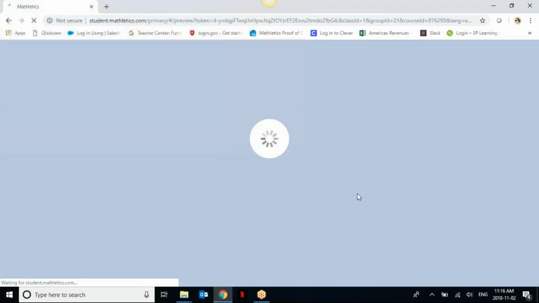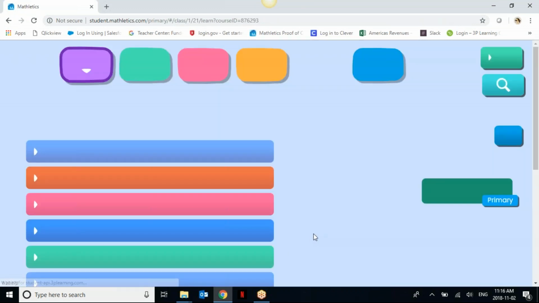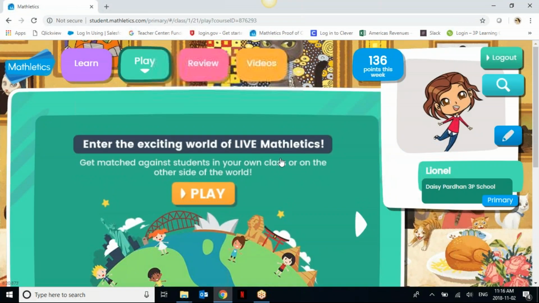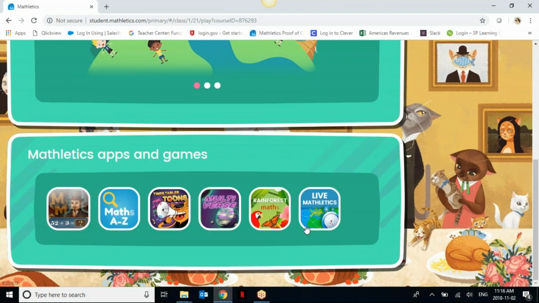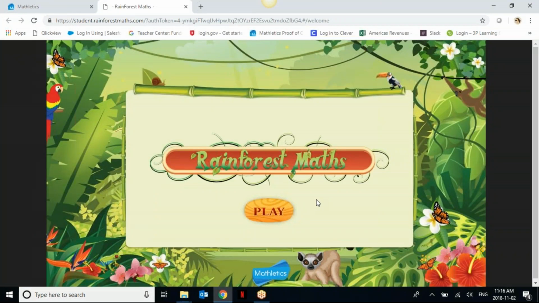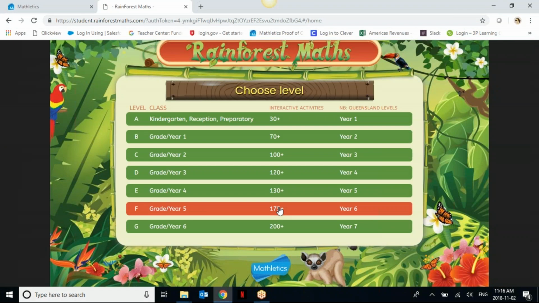Okay. So that's the live Mathletics, and let's go back to play and show you what else is within there. Rainforest Math is great for extension work. Some teachers might even use this on their interactive whiteboards as an instructional tool or just a nice little visual as well. It runs from K to 6, so students can go in here and independently explore, or as a